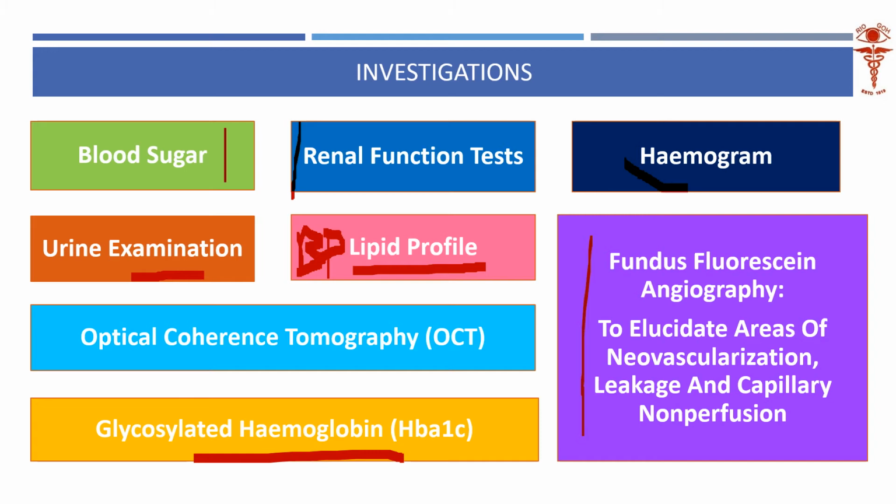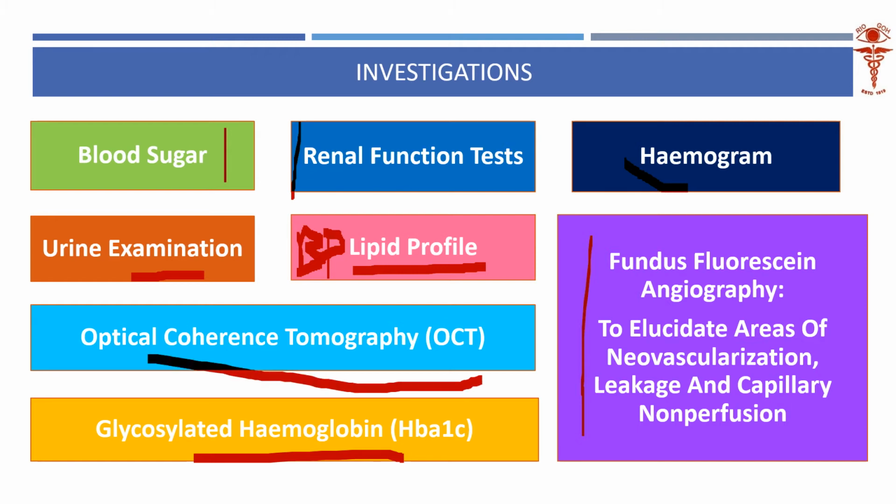The arm-retina time is 12 seconds. Once you inject fluorescein in the antecubital vein, to come to the retina it will take 12 seconds. Then after 12 seconds, you will see the retinal circulation of this fluorescein. You can even capture images of that retinal circulation with a fundus camera. These images can be analyzed for leaks, non-perfusion areas, edematous areas, and new vessels which are leaking. These can be easily detected with fundus fluorescein angiography.